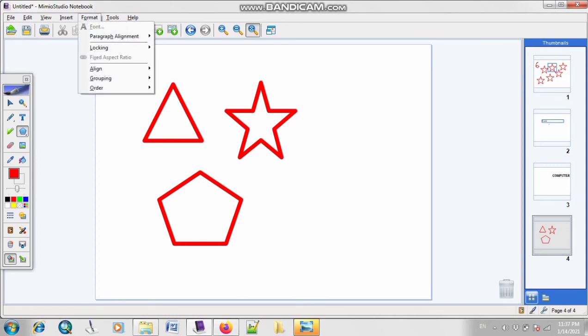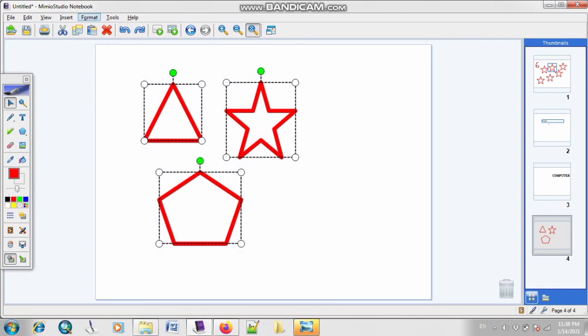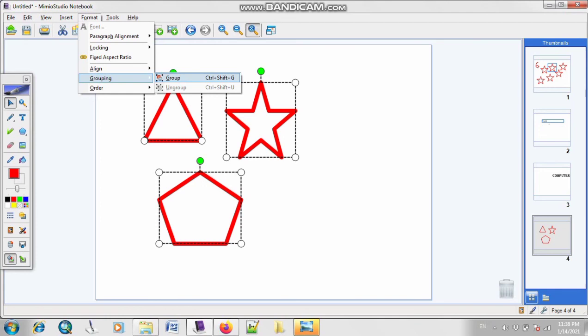So now what is basically grouping? What will happen if I want to move all these shapes from this side to this side? So what I will do, I will just simply select all the shapes, click on this option of format, grouping. So I will click on this option of group.